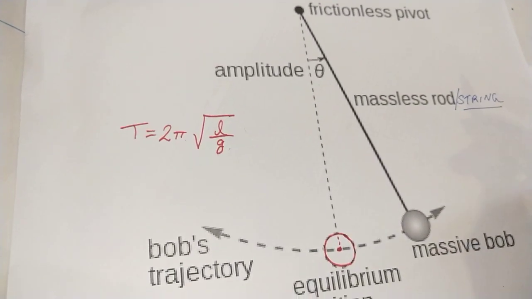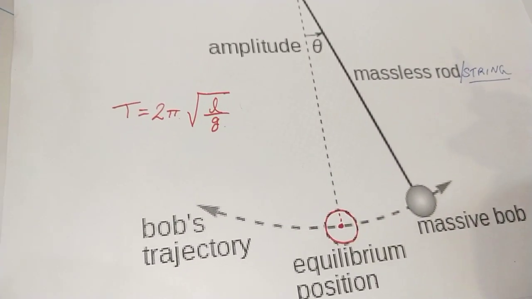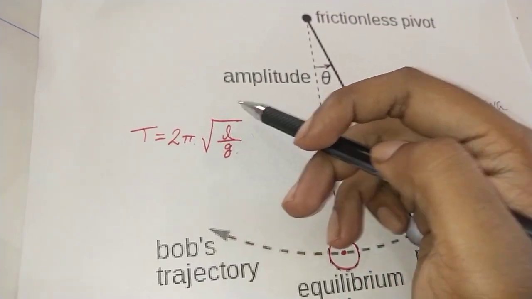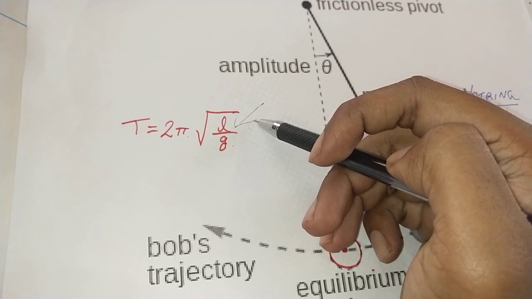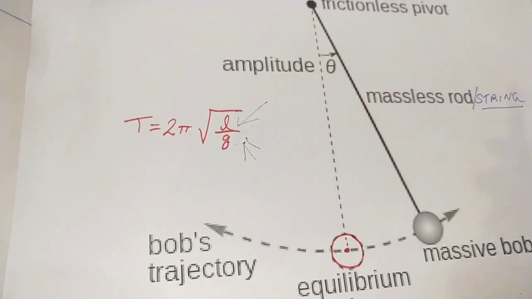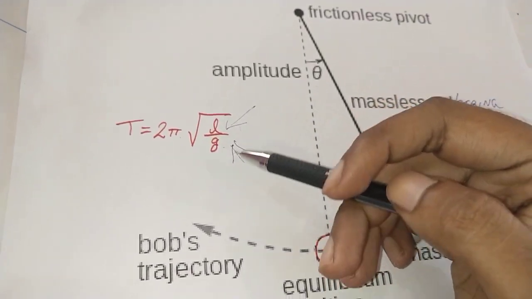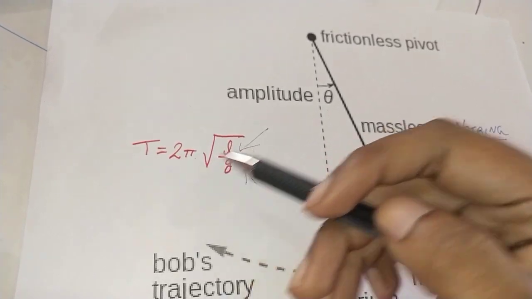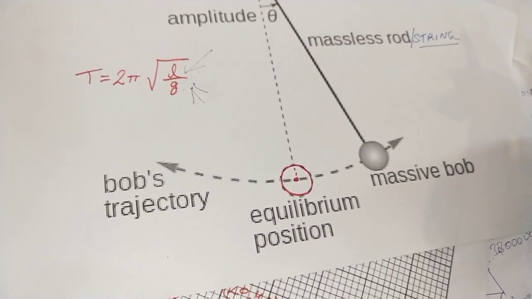Basically there are two factors on which the simple pendulum's time period is going to depend. As per the formula also, we can simply say that it is going to depend upon the effective length and the acceleration due to gravity, not the mass. If there are any changes in these two factors, the time period is going to increase or decrease accordingly. Alright.